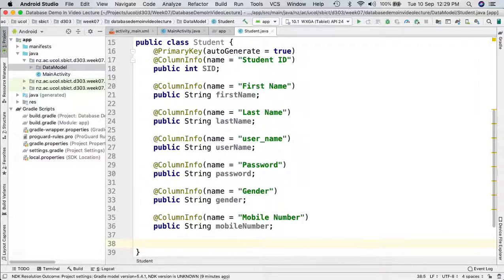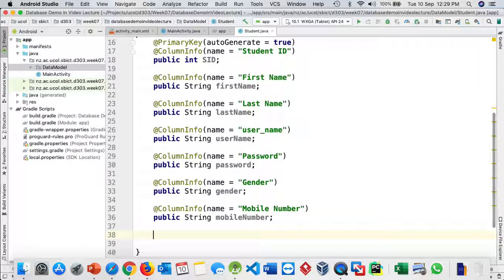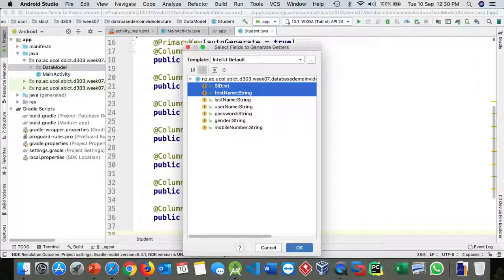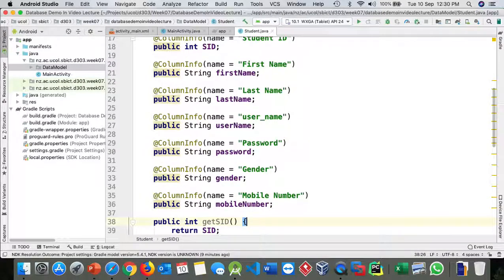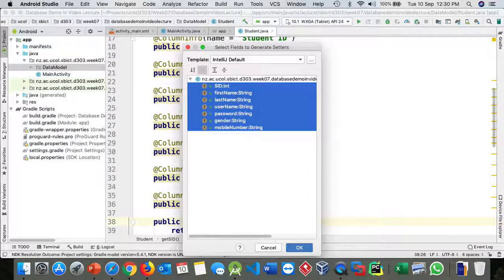After that what we can do is generate all those setters and getters. We can press Alt Enter, or Control Enter. We need to check what it is on Windows, but on the MacBook it is Control and Enter, and it will show me all that information. First of all I say that I want the getters, those get methods, and then again I want to set those